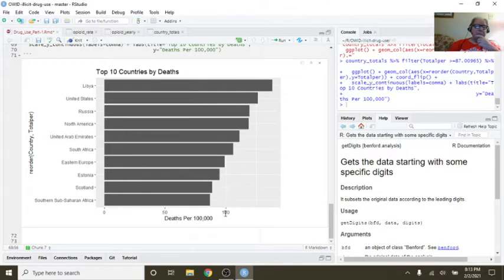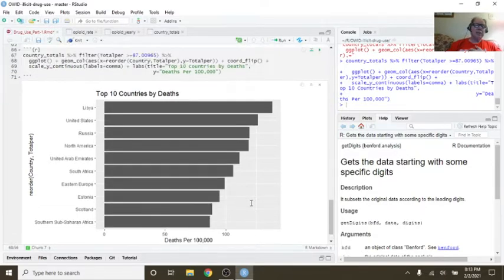Okay, so the U.S. has, say, total, the U.S. has had, say, 150 deaths per 100,000. Okay, that's basically what this is telling us here.